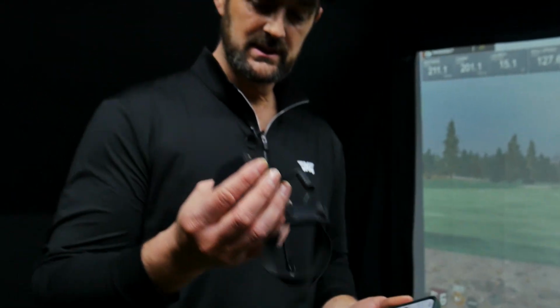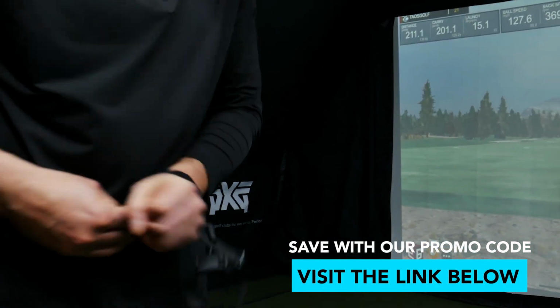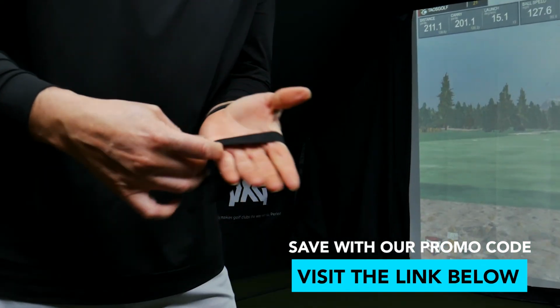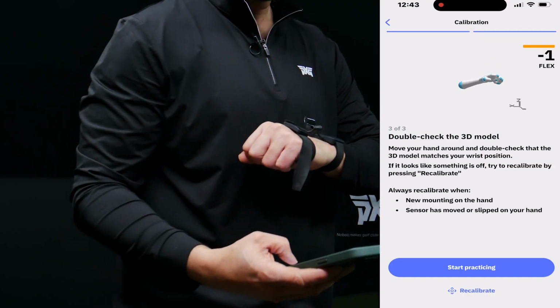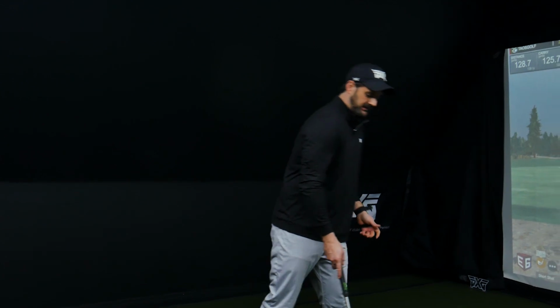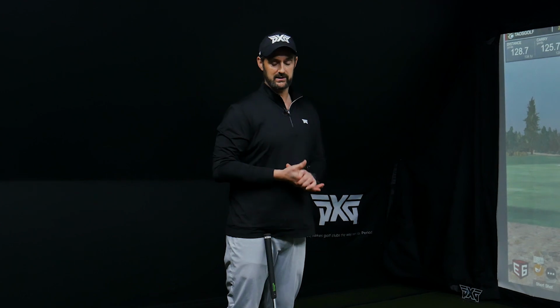So I'm using the Hackmotion device. I'm loading it up on the app here. So putting it on our wrist, on the back of the wrist here, tightening the strap. And you can put this on a glove, but I'm just not bothering. Yeah, it's calibrated. Okay. The data from pros to amateurs, scanning thousands of shots from elite golf professionals on tour,